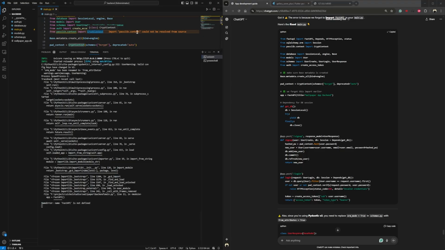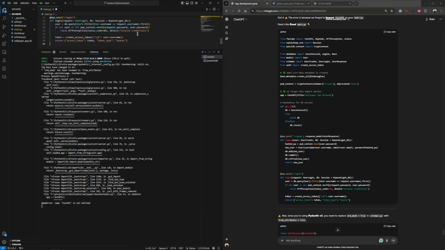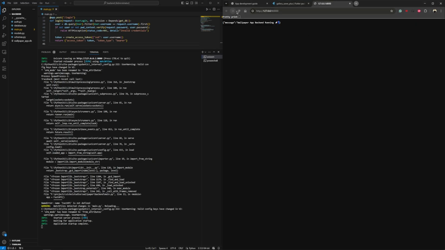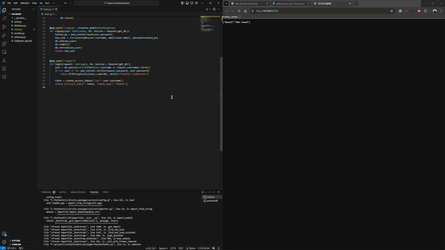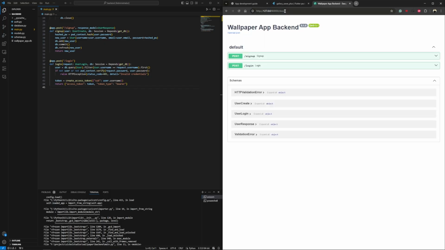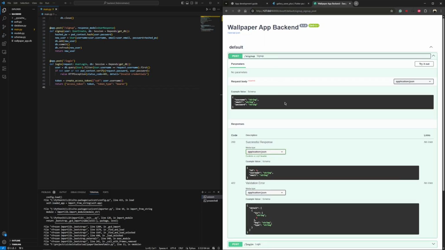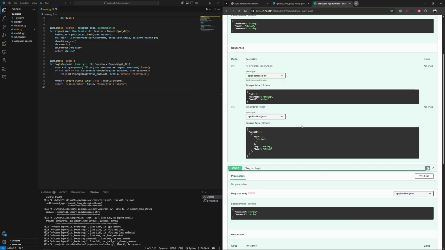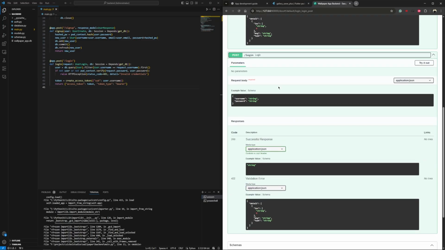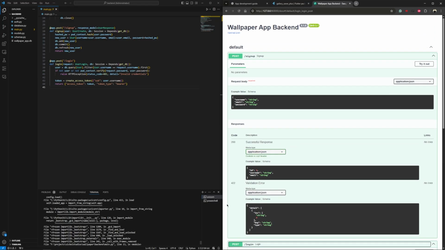Okay, so the application startup was successful. It means that the error has been resolved. If I do this, there's nothing because for the empty route there is nothing that we need. So what I'll do is, instead of just hitting it directly, I'll go to the Swagger. So we have these two APIs, username and this login API. So what I'll do is